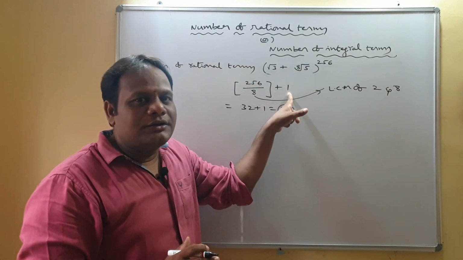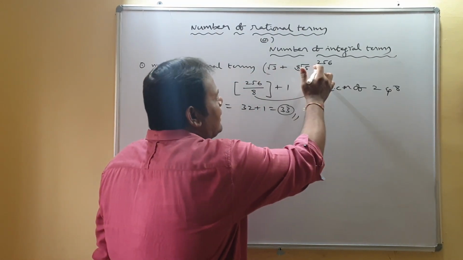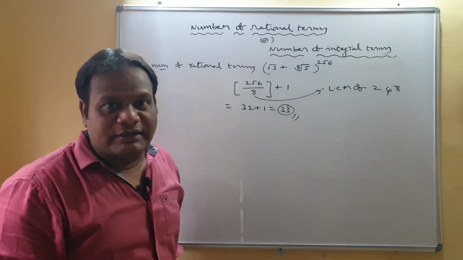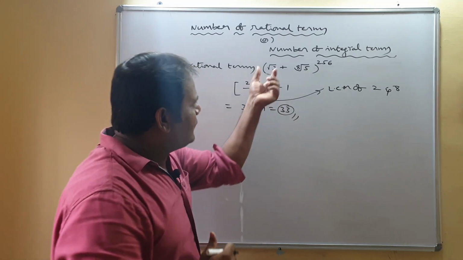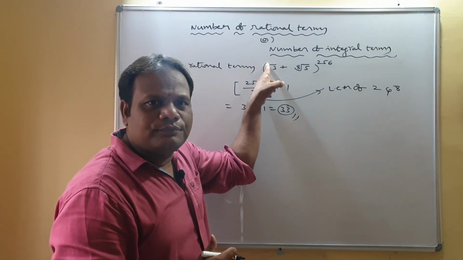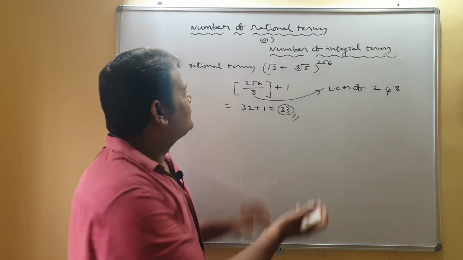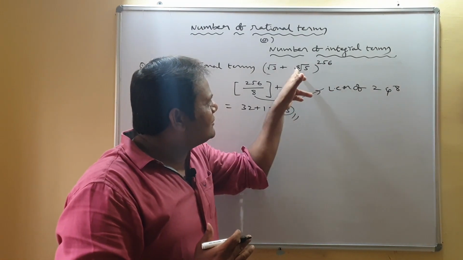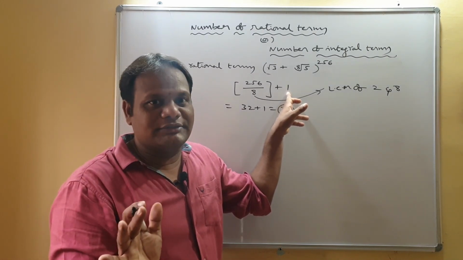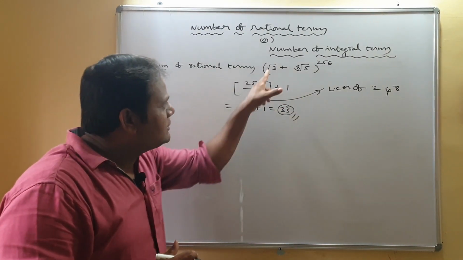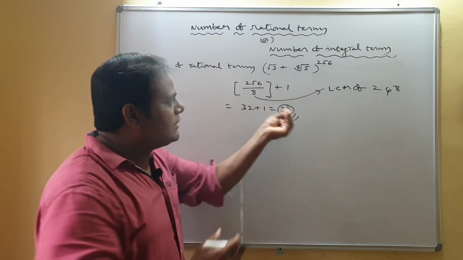Plus 1. Why? Because here only you can get non-zero values. So R value may be 0 or not, you have to decide. For that, check: here it is a square root, is 256 divisible by 2? Yes, so you can take plus 1. Is 256 divisible by 8? Yes, you can take plus 1. You should remember that point also. And one more important point: here 3 and 5 are prime numbers. Then only it will be correct.